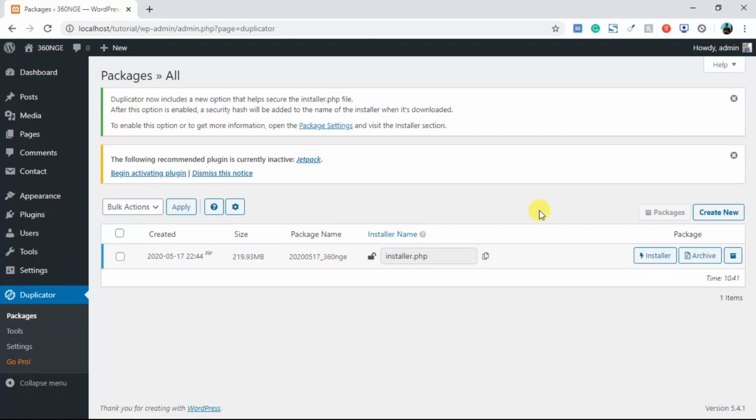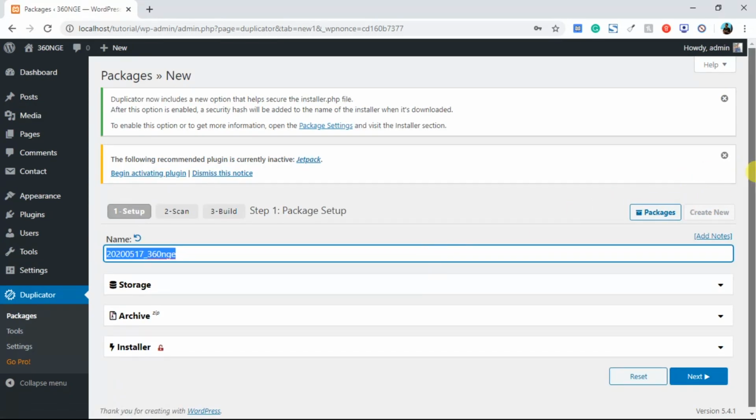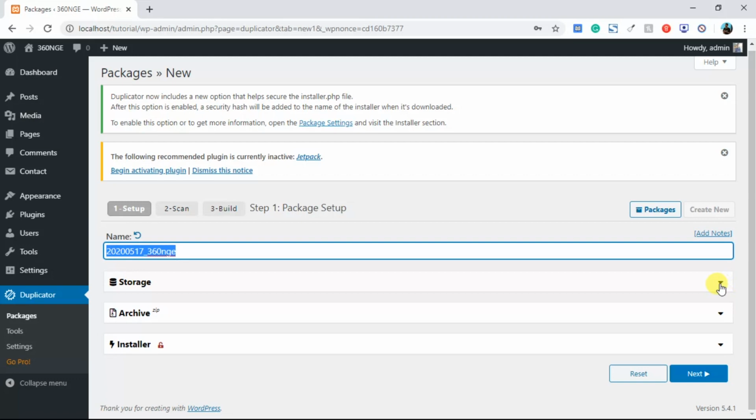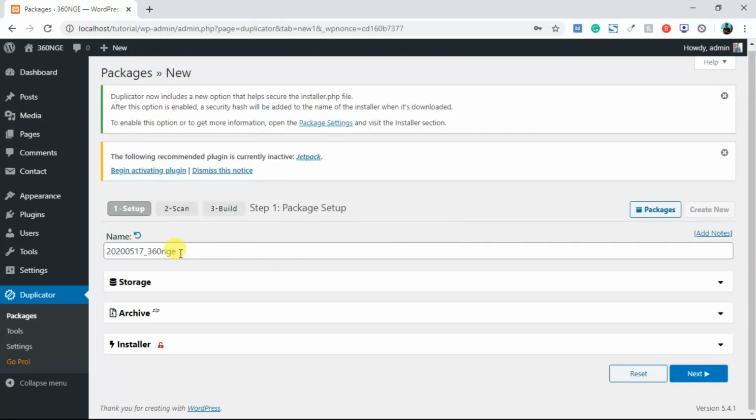Then when you're here, you can see I already had one package generated, but I'm just going to walk you through how you can create another one. So you click this create new over here. It's going to give you a few options. You don't need to touch anything here, you can just leave this name. This is just a convention, it takes the year, the month and the day, so you can easily track your packages. So you click on next,